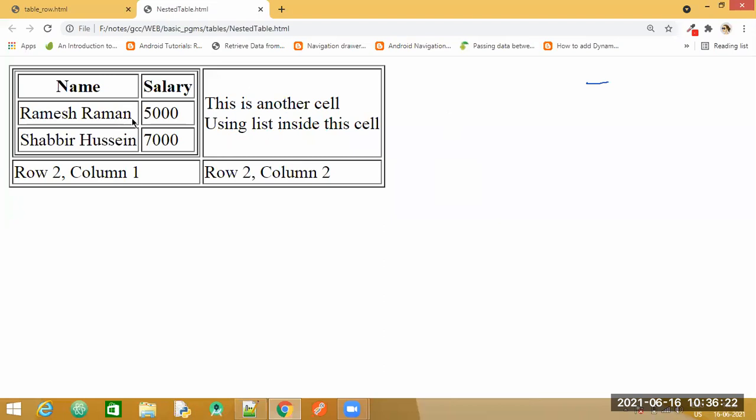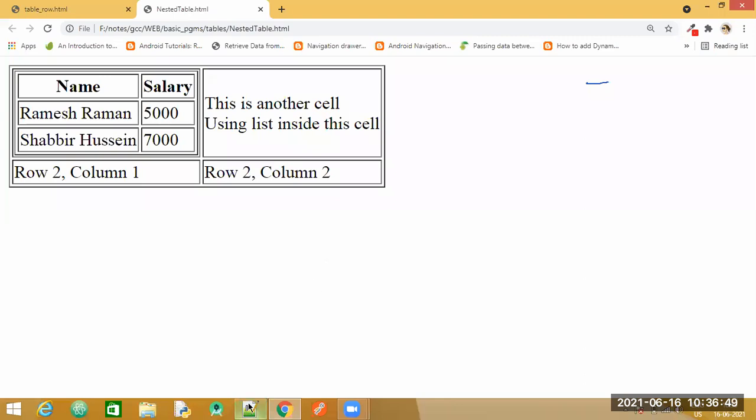So take a screenshot of this. This is your assignment 1 first question. So you try to code this, and in the next class, you can tell me whether you are able to do it or not. If not, we will do it together. But I want you to try this nesting of tables. Okay. Take a screenshot, all of you.